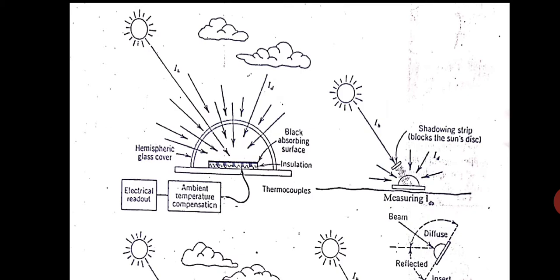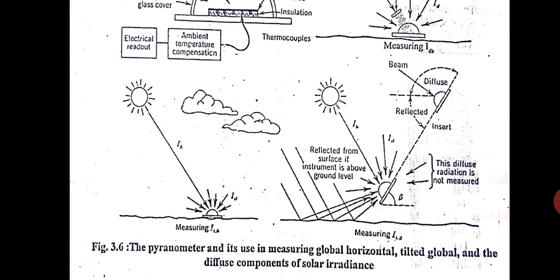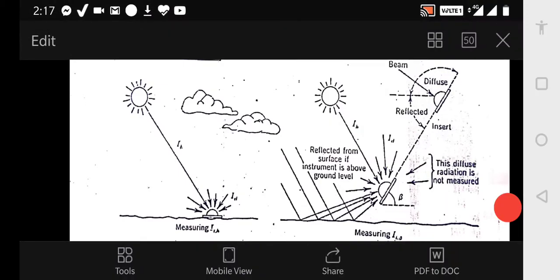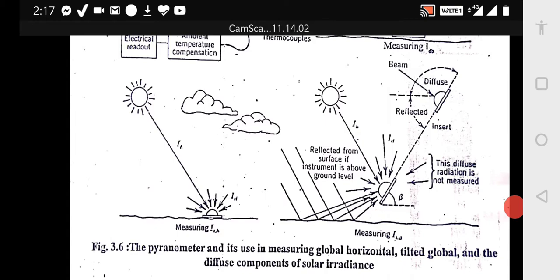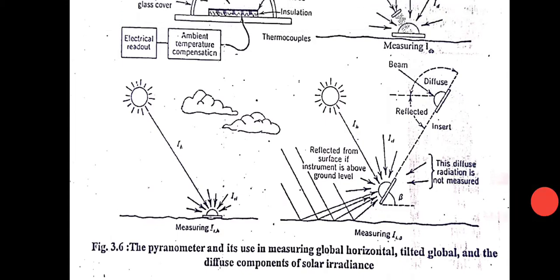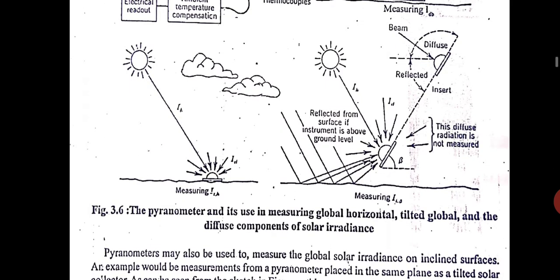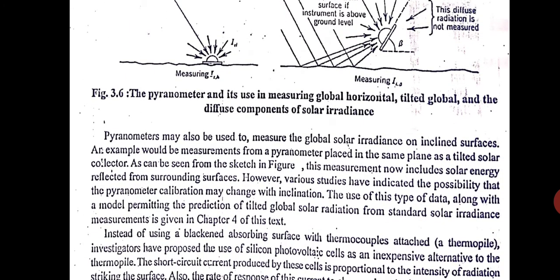Now, but in real life, you use solar photovoltaic collectors as well as solar thermal collectors. You don't mount them parallel to the earth. You mount them at an inclination. So this pyranometer, you can see bottom now, can be used to measure the beam radiation as well as diffuse radiation at an inclined position also. You can see here, parallel to the earth you can measure, as well as inclined to the earth you can measure. So this is known as pyranometer.